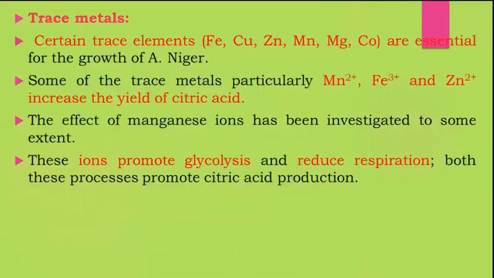Next one is trace metals. So even though the carbon source is very important, some of the trace elements will enhance the growth of your Aspergillus niger. Either iron, copper, zinc, magnesium, cobalt, these are the main trace elements. But from these, they exactly required magnesium, iron, and also zinc. They have studied that only these three metal ions are very effective for obtaining a yield of citric